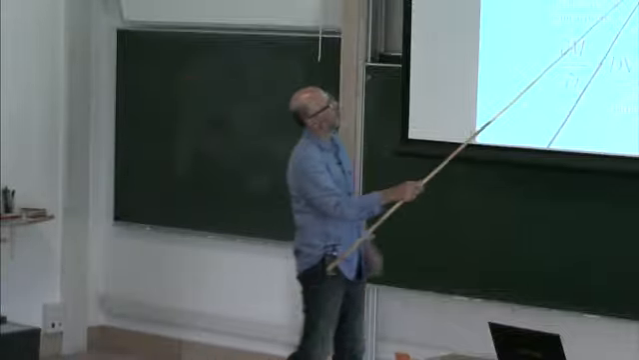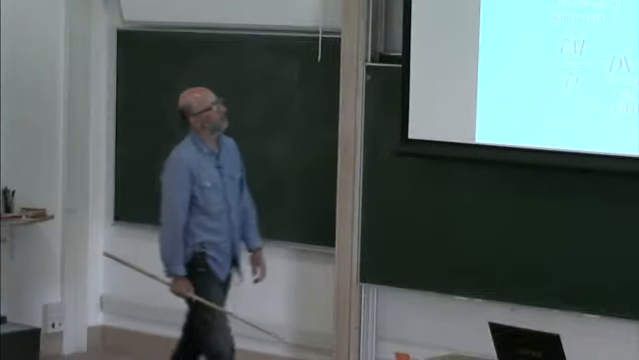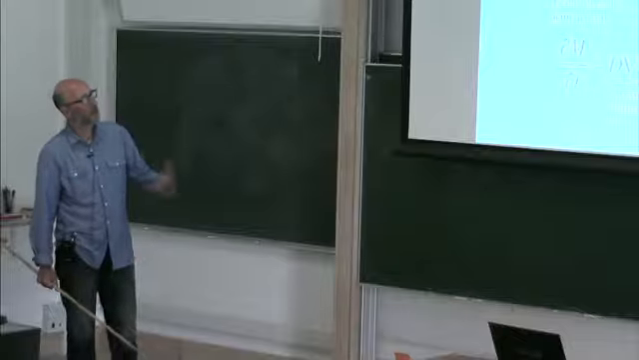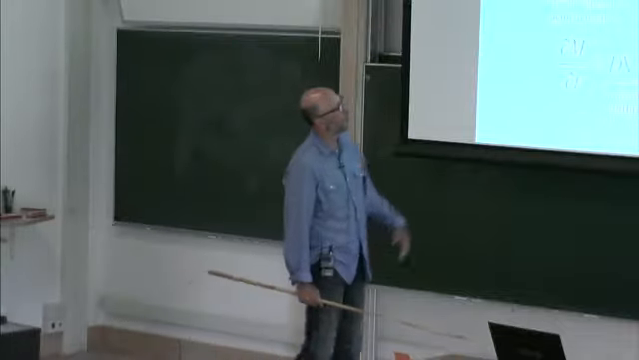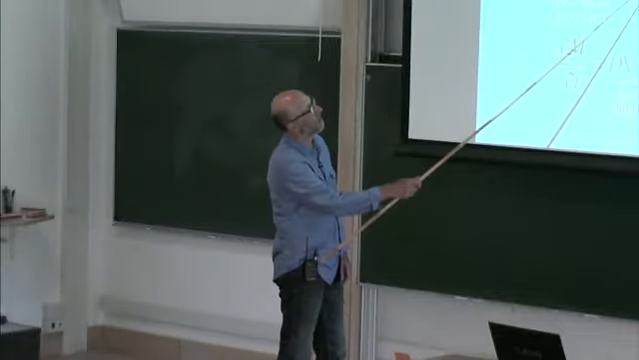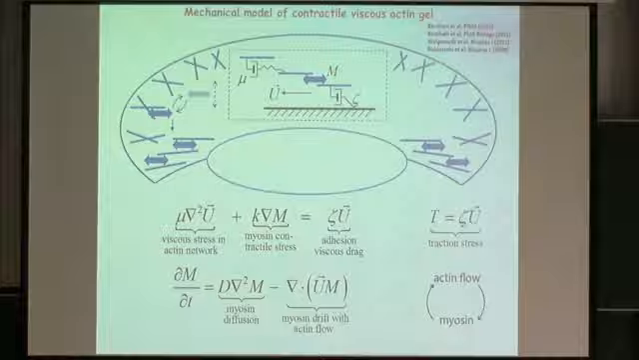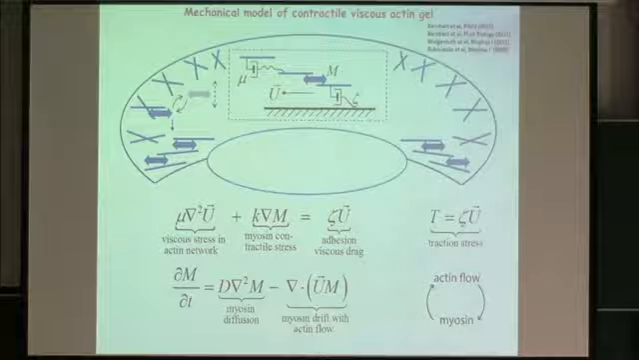So then the gradient of this myosin density is the local force per unit length. There's some proportionality coefficient which basically shows you how strong one unit of myosin is. And the third force is